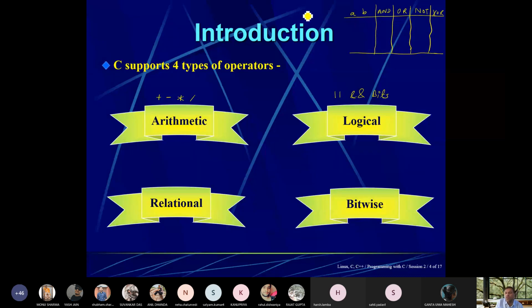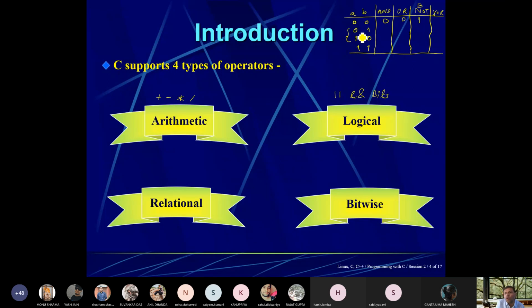If you are using switches, then either both the switches are off, or one switch is on, or the other switch is on, or both the switches are on. If both the switches are off, then AND is 0, OR is also 0, and NOT is just the opposite. I am taking the NOT of B. NOT means whatever B is given, just the opposite of this. And XOR means whenever these two things are there. I will explain XOR later on.